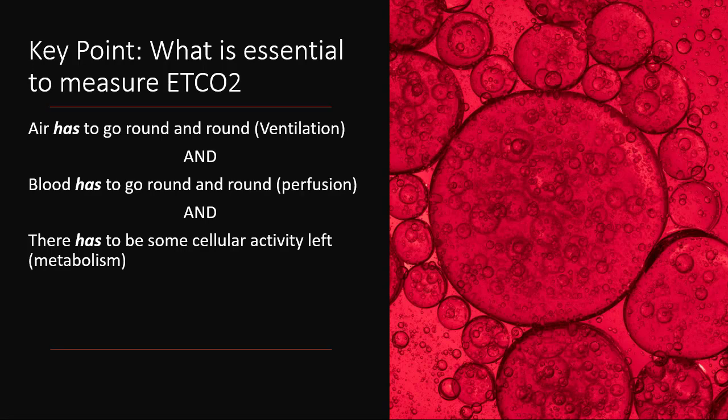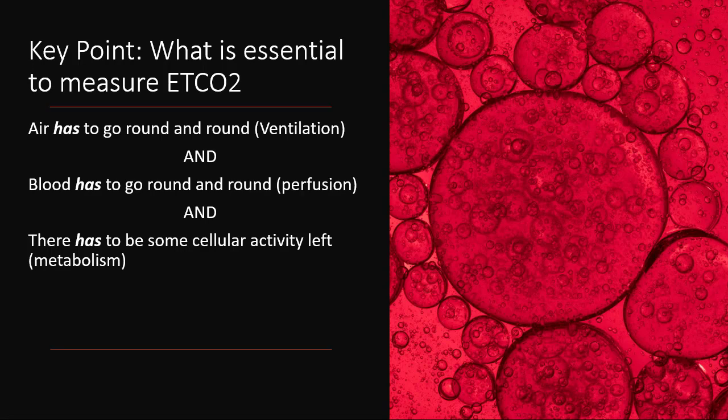Air has to go in and out. That's the ventilation. And blood has to go round and round. That's perfusion. And there has to be some cellular activity left. That's metabolism. Those three things have to be working in synchrony, in harmony, in homeostasis, in equilibrium to get good